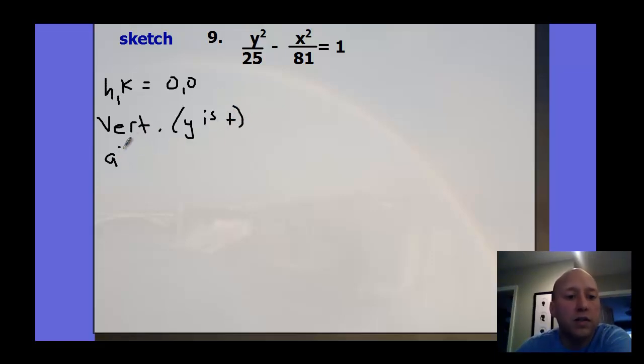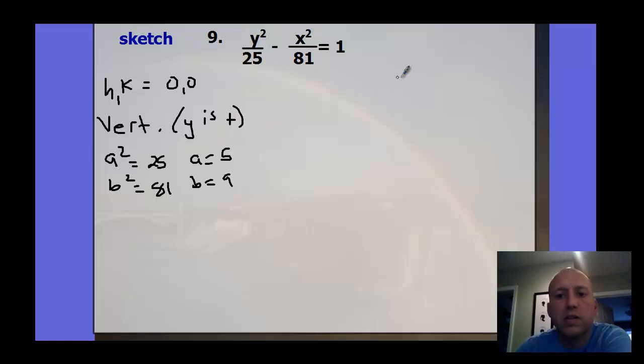And then we know that the A squared is a positive fraction, so that's going to be 25. And B squared is the other one, 81. Now notice here how our A is actually smaller than our B, and that's okay as well. So our A is going to be 5, our B is 9. And so if I want to sketch this then,